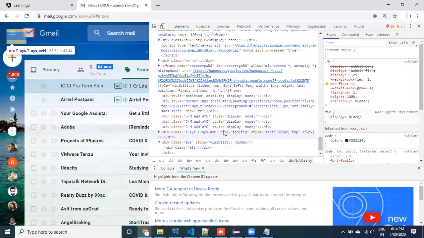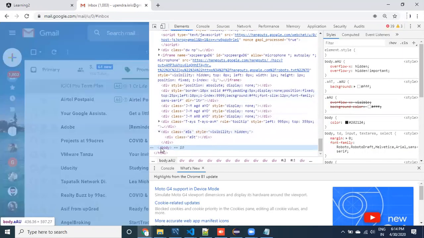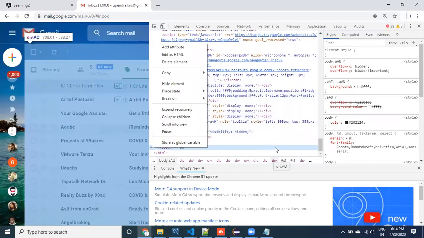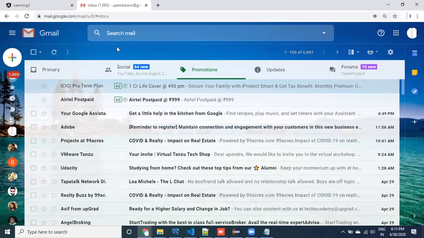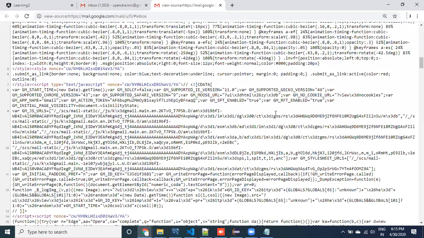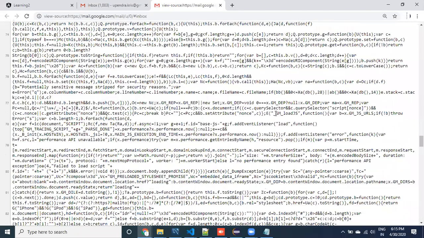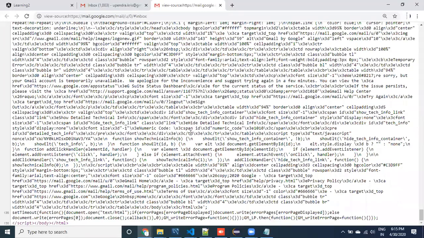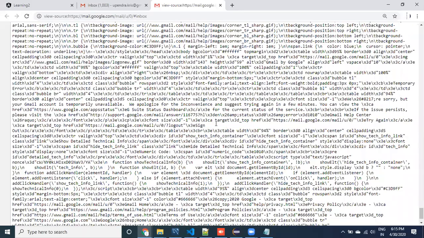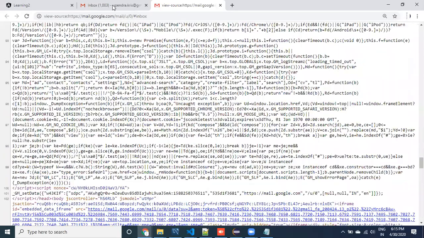Maybe we cannot even count it. If I select all the HTML, I guess it will be thousands of lines, guys, to display this kind of UI. Sometimes instead of inspect, I can go to view page source. You can see the HTML, CSS, JavaScript, all the code is available here. Even developers cannot understand it because it is not easy. It is a merged approach. So this kind of HTML, CSS, JavaScript is required to display such a UI.